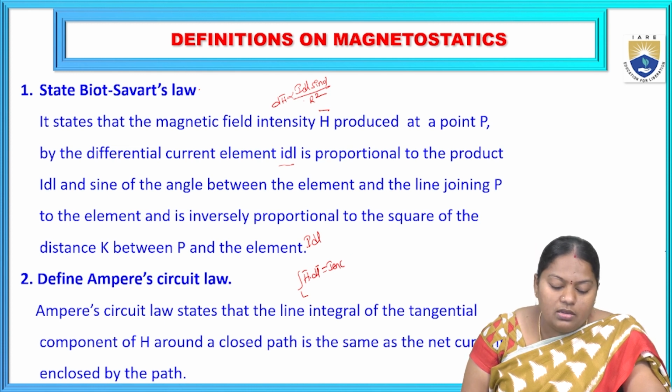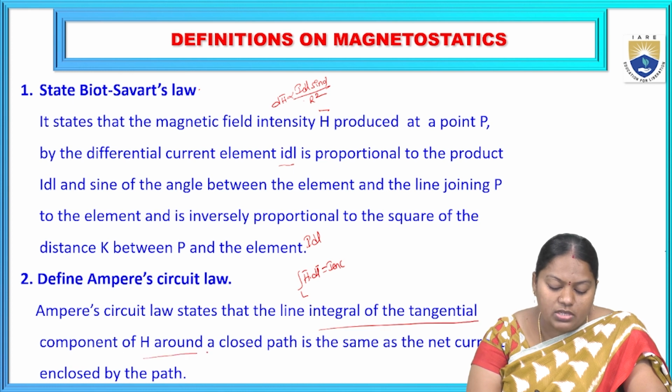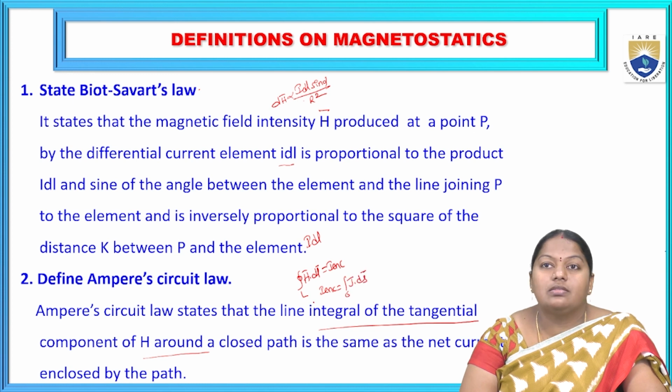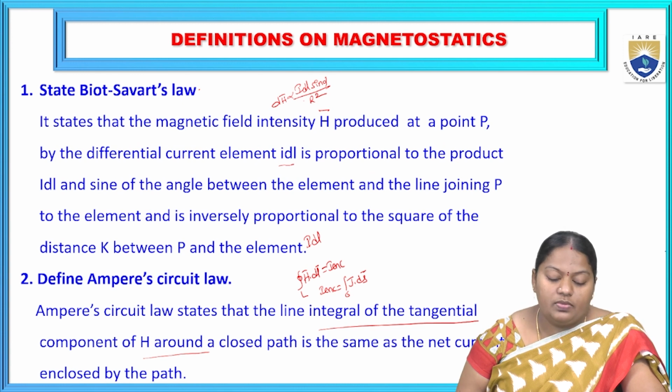Right? So, one of the Maxwell's equations to be derived in magnetostatic fields comes from Ampere's circuit law. It states that the line integral of the tangential component of H around a closed path, the closed line integral of H dot dl, is equal to I enclosed, where I enclosed can be given in terms of current density as the integral over S of J dot ds. Right? So, these are the two important laws which we will study in magnetostatic fields, Biot-Savart's law and Ampere's circuit law, where Ampere's circuit law is analogous to Gauss law in